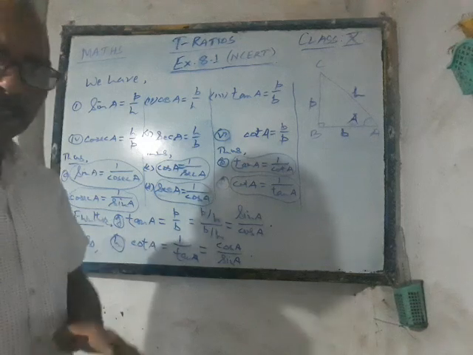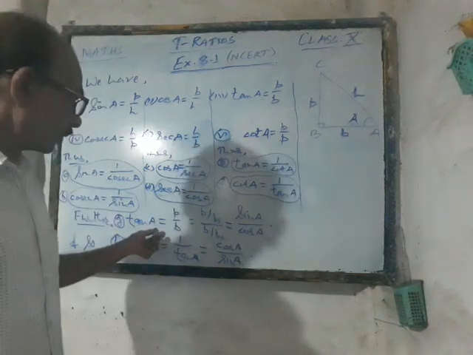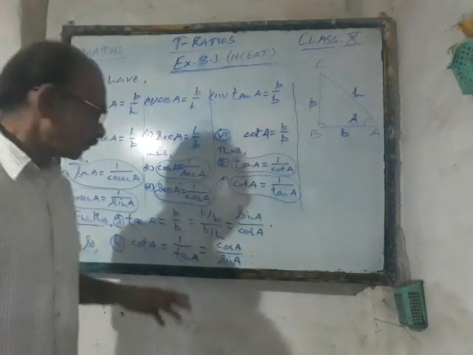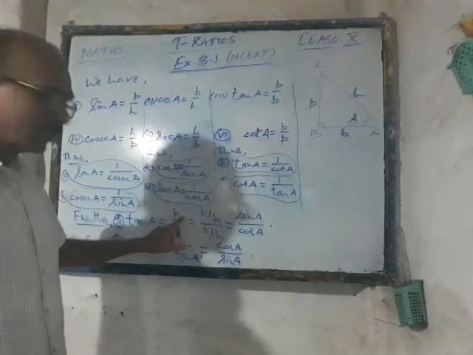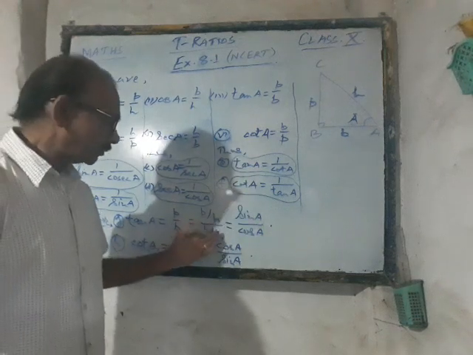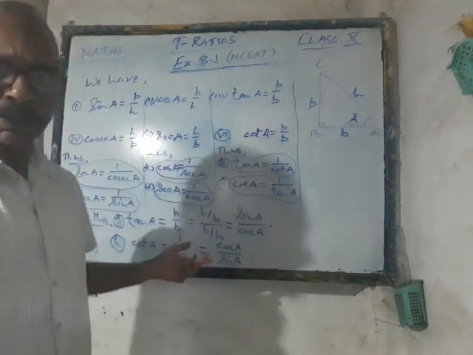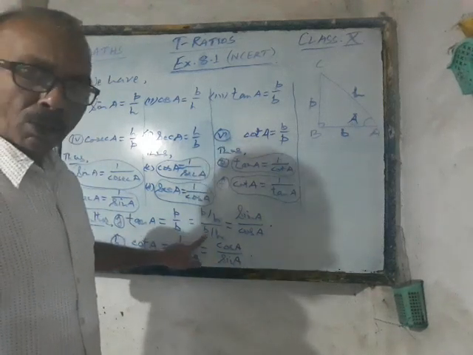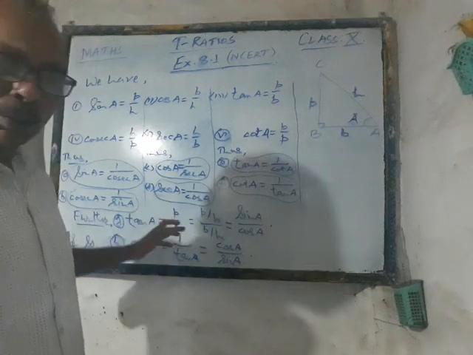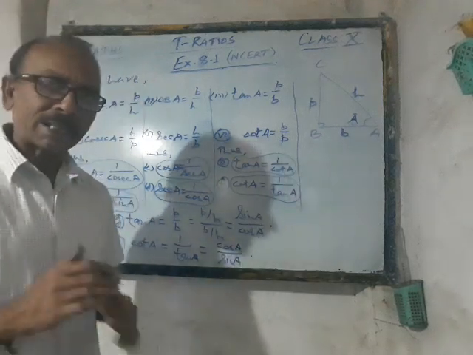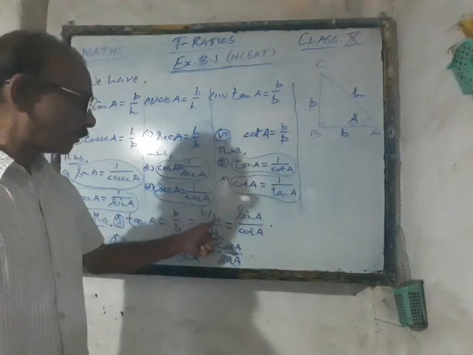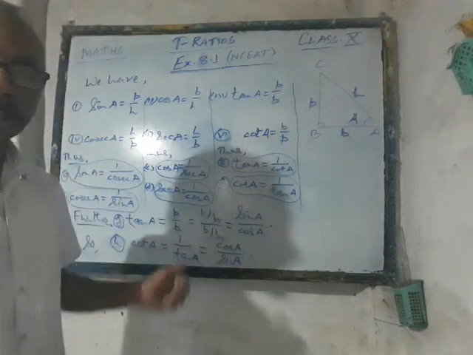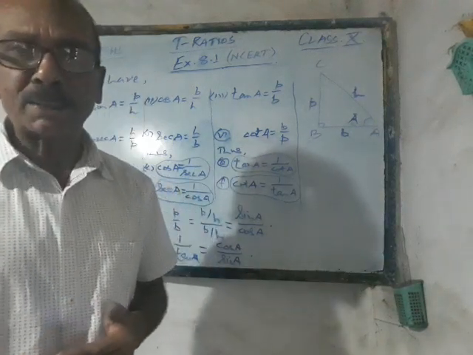Okay, now further, just go on watching. What is the value of tan A? Tan A is P upon B, that is perpendicular divided by base. We divide by H in the numerator as well as in the denominator. We are free to divide the numerator as well as the denominator by any non-zero quantity. So P upon H upon B upon H means P and B are both divided by the hypotenuse H, and that gives a different result. P upon H gives you sine A, and B upon H gives you cos A. So tan A can also be represented as sine A divided by cos A.